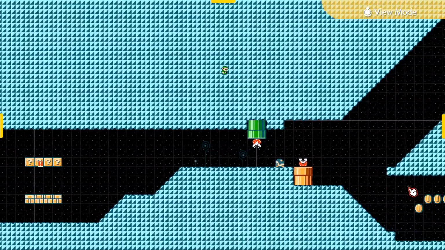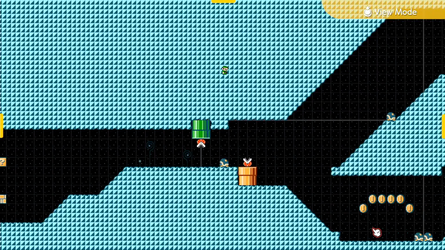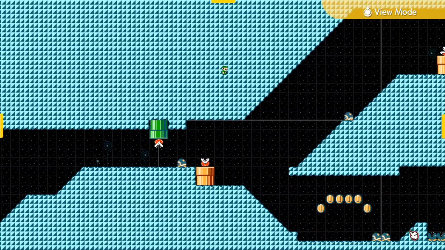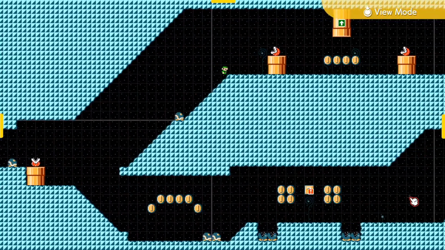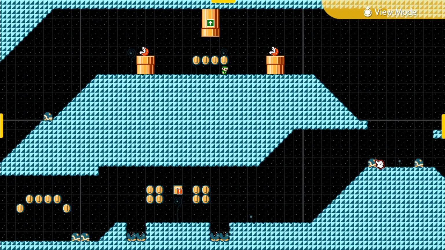First bit up until here, absolutely fine. This bottom path, I like the fact that I'm using the slopes for you to jump off to grab the coins and trying to keep that fast path. I think this is alright. I don't think there's anything too difficult. Maybe remove it, putting this Koopa Troopa slightly further down here, just because, like I said,